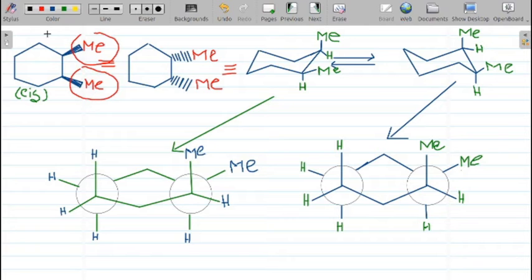This structure is similar to this structure, that is, one methyl group is present below the plane and another methyl group is present below the plane. So